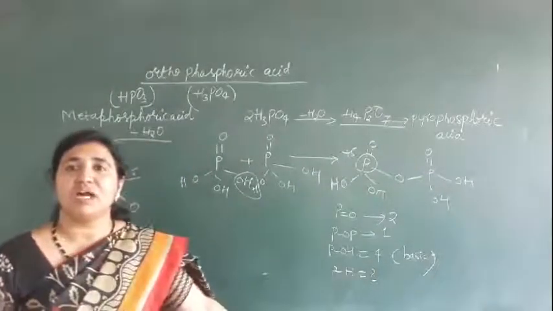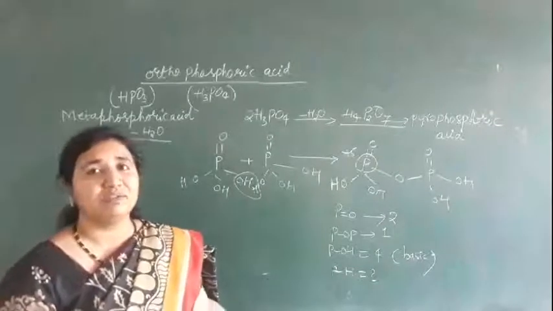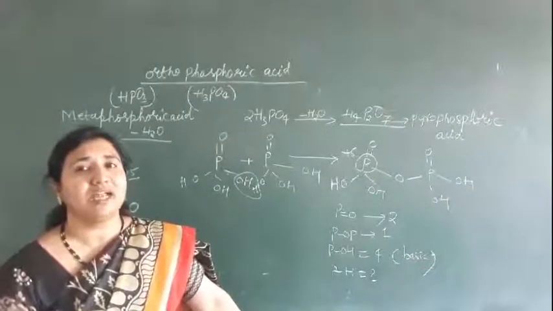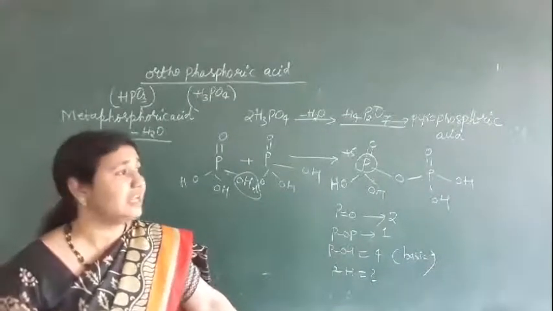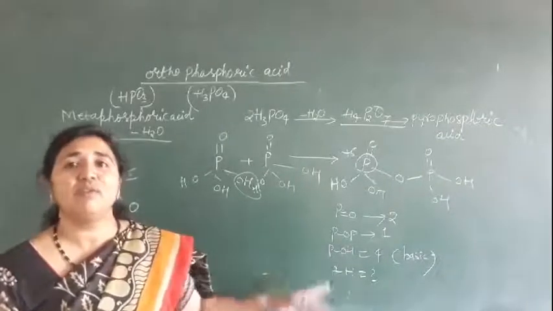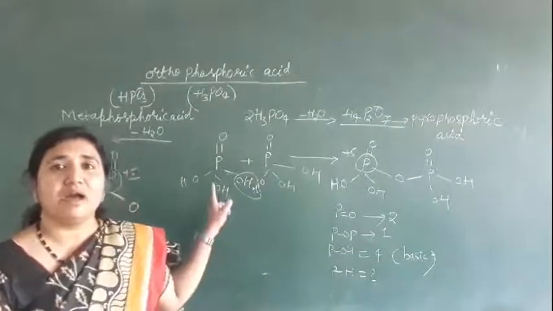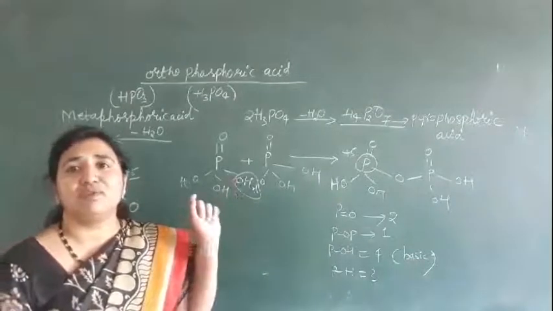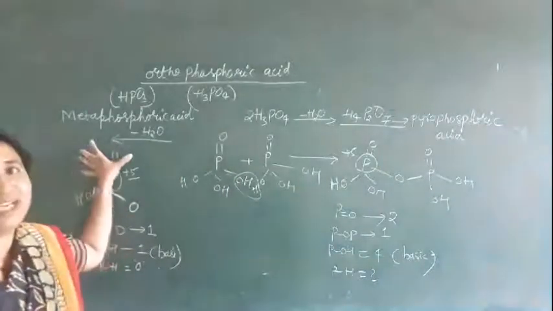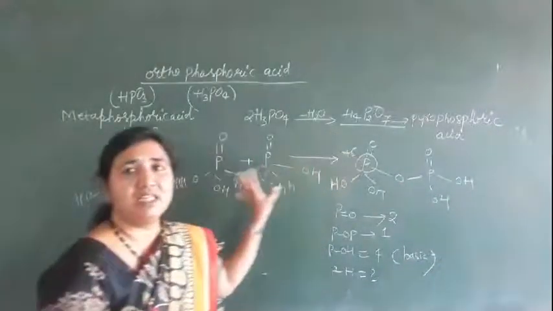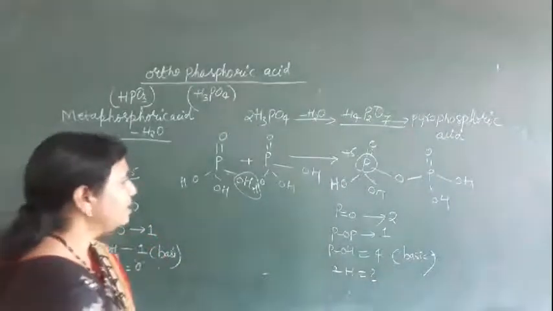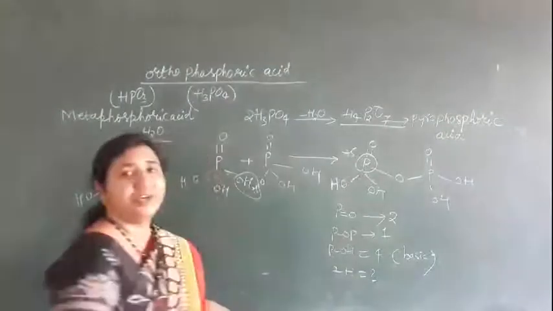So if you see the 3 structures here, there is no PH bond in them. PH bonds are present in phosphorus acid. In which more are there? In hypophosphorus acid, H3PO2, 2 PH bonds are there, and then next we have H4P2O5, pyrophosphorus acid. There we have 2 PH bonds. But in orthophosphoric acid, metaphosphoric acid or pyrophosphoric acid, in all these 3 acids there is no PH bond. Okay, clear on this one?